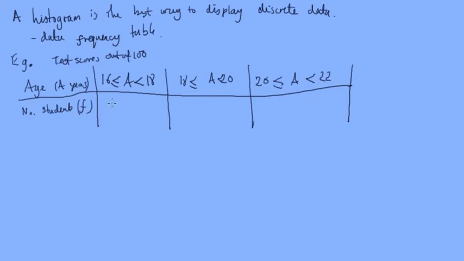And the number of students is going to be 34, 46 and 20. And the score percentage is